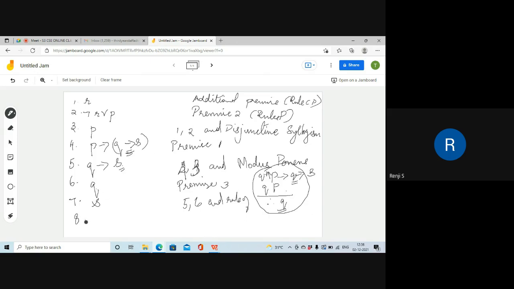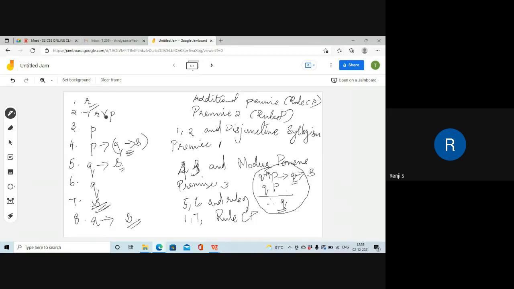Then eighth step. You had started from R and you have reached S. So that is what we need to conclude, isn't it? S is your conclusion. We had written earlier, S is our conclusion. So we have reached S. So from R, we had reached S, isn't it? So from 1 and 7 and applying rule CP, we had reached the conclusion S.